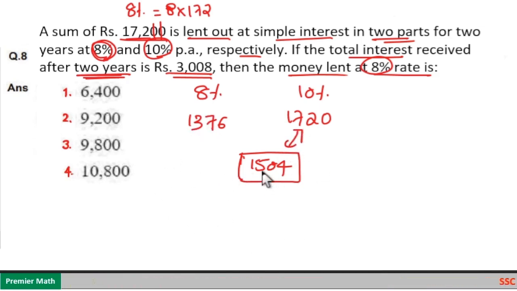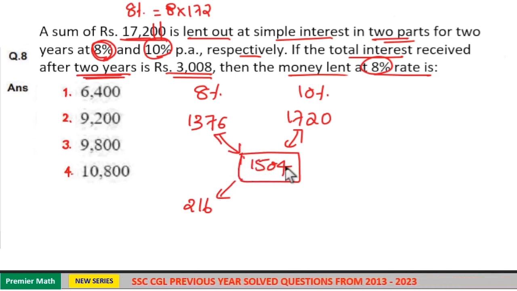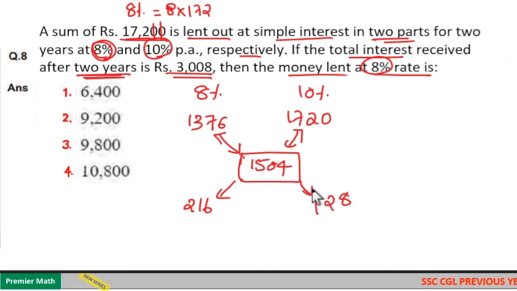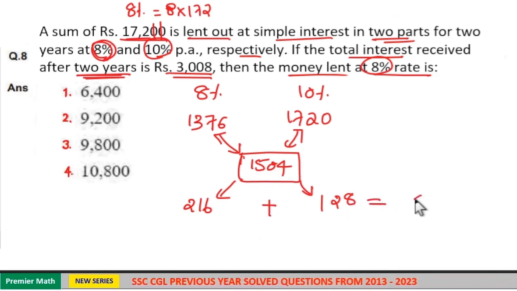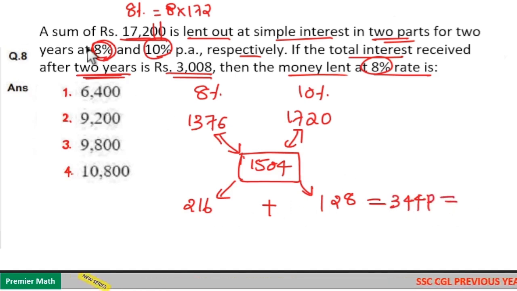Difference between 1720 and 1504 is equal to 1720 minus 1500 is equal to 220. 220 minus 4 is equal to 216. Now, take the difference between 1376 and 1504. Here, 14 minus 6 is equal to 8, 9 minus 7 is equal to 2, 14 minus 13 is equal to 1. So, here, 216 part plus 128 part is equal to 8 plus 6, 14, 2 plus 2, 4, 1 plus 2, 3. So, this 344 part is equal to total sum